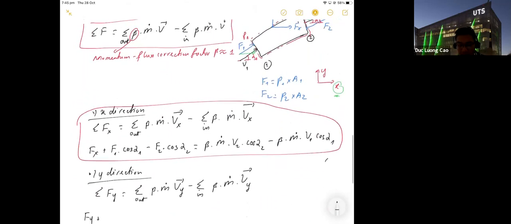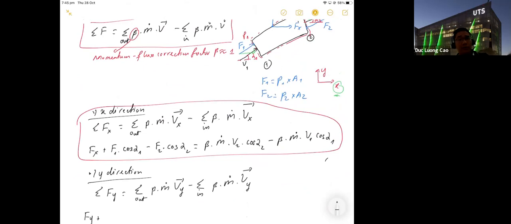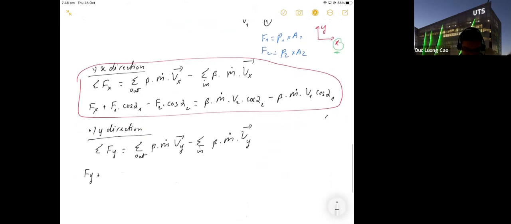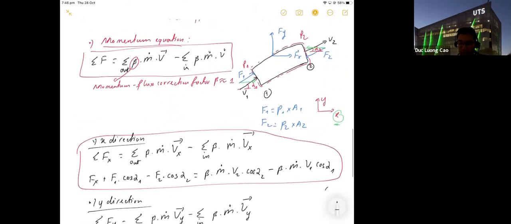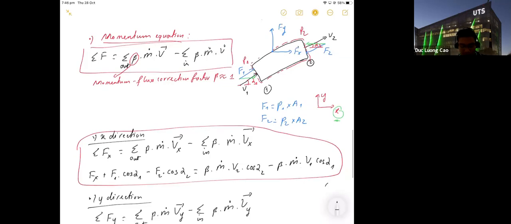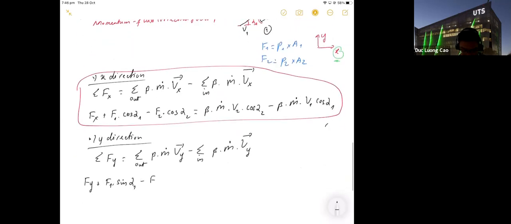F1 like this. So F1y will be upward, the same direction as y. So F1 sin alpha 1 is F1y. F2y will be downward. Okay, so F2y is minus F2 sin alpha 2, equal to out beta m